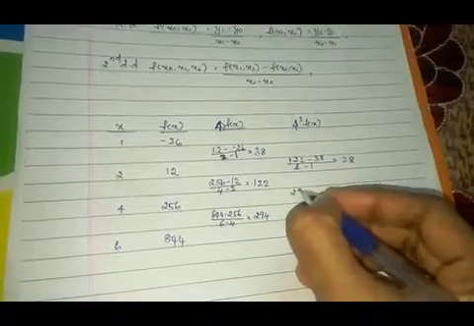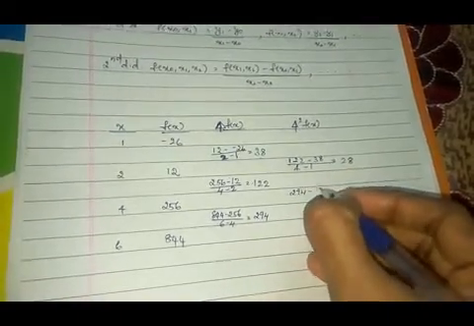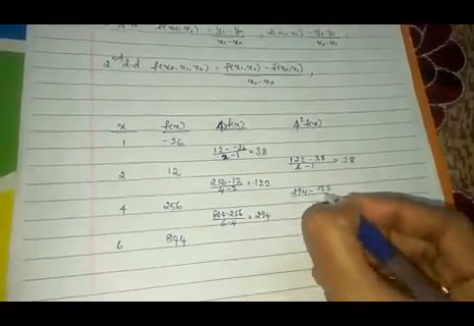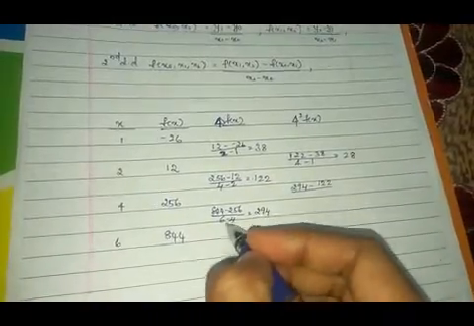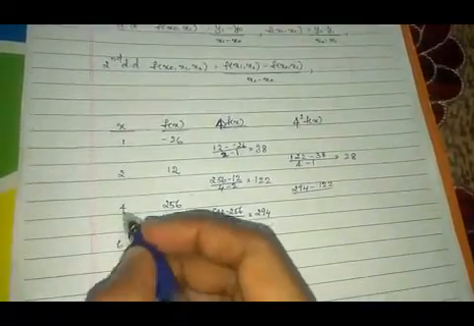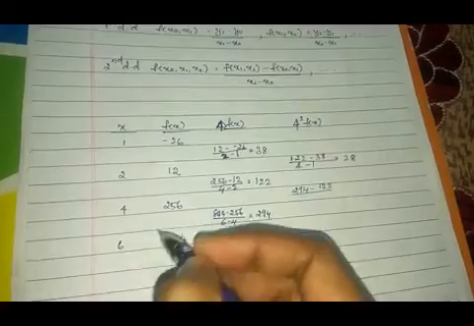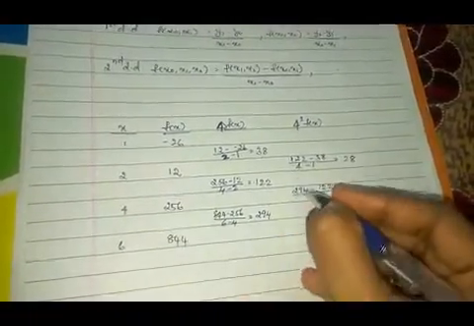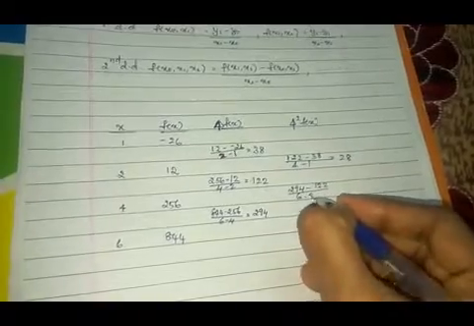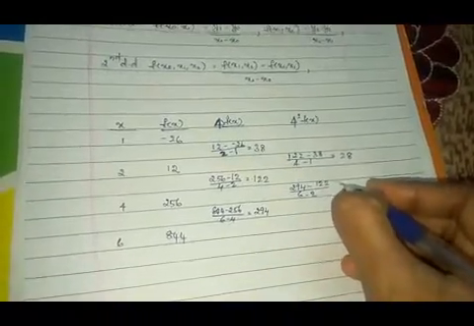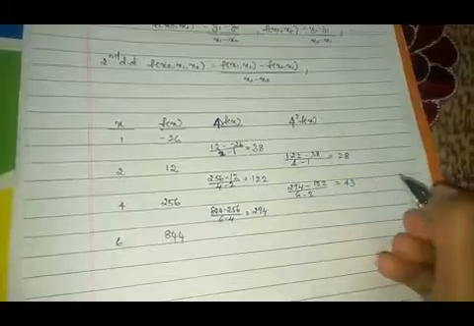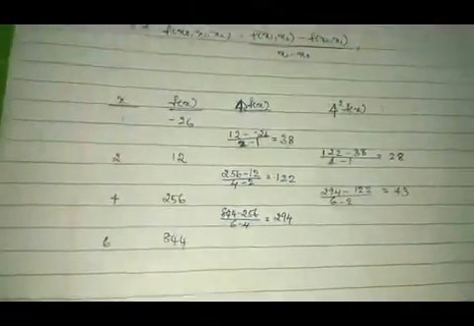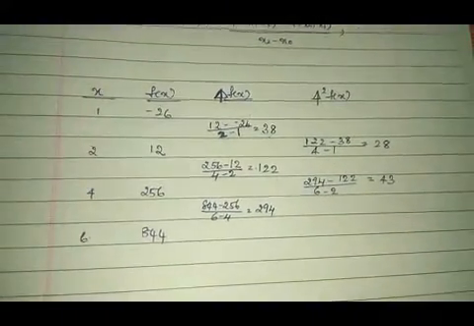Now the next value is 294 minus 122 divided by, that means 294. So this is the last one. The next 3 will be 246. That means the range is 6 between 2 and 6. So 6 minus 2, which we will get 43. So this is how we get the second order divided difference values.